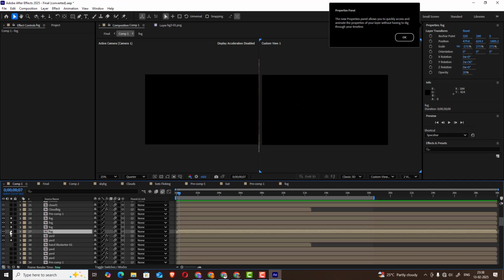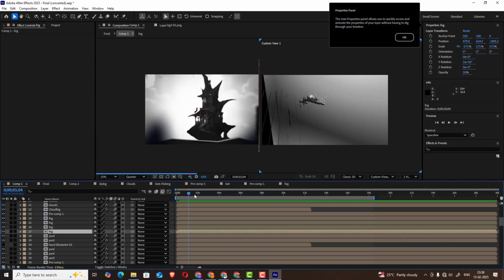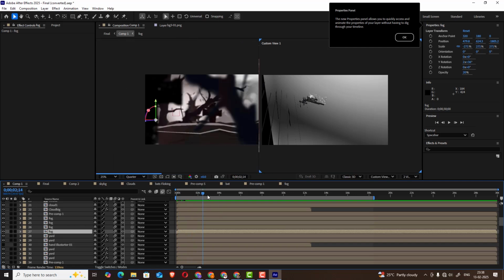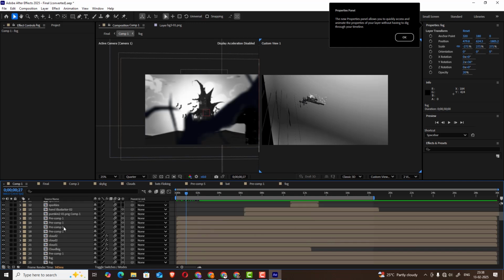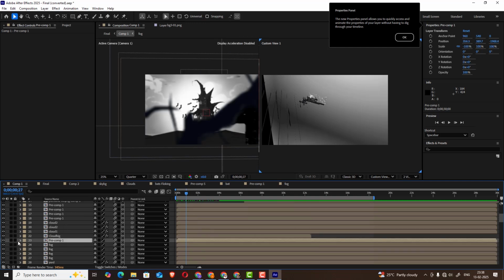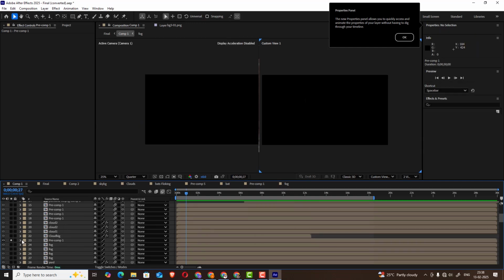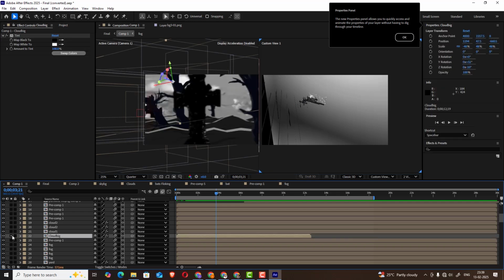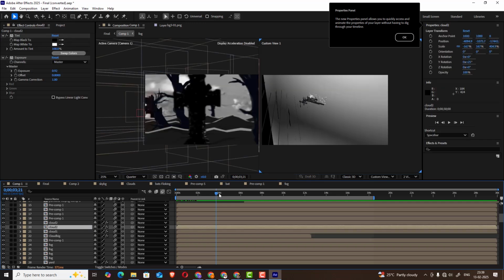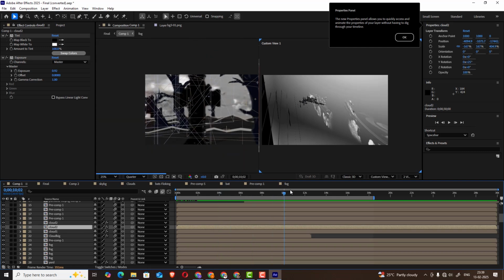I placed this fog to give a realistic feel for the scene. Okay, and even these are our trees that I placed, and this is the clouds I placed for the entire scene. Okay,